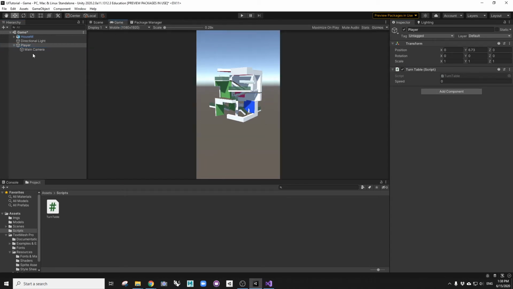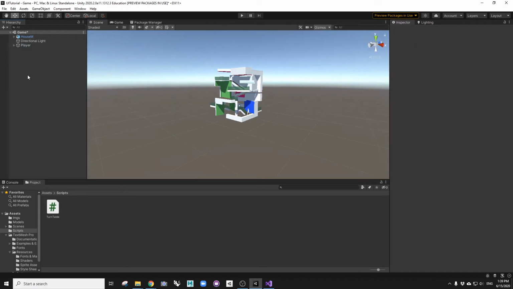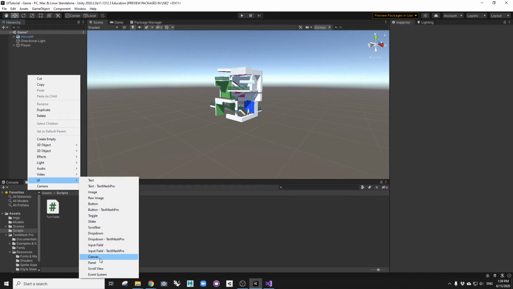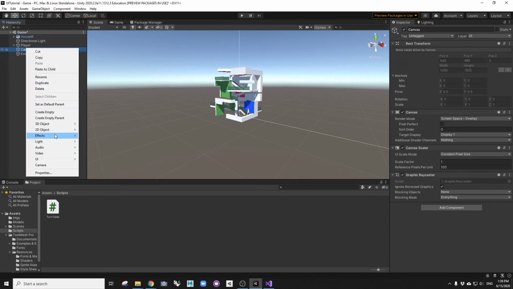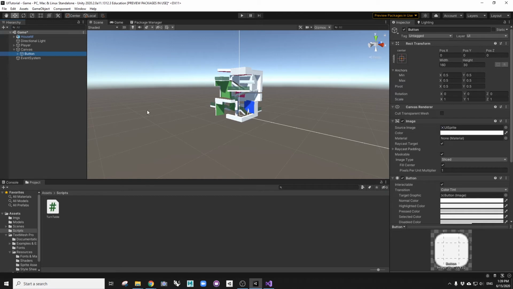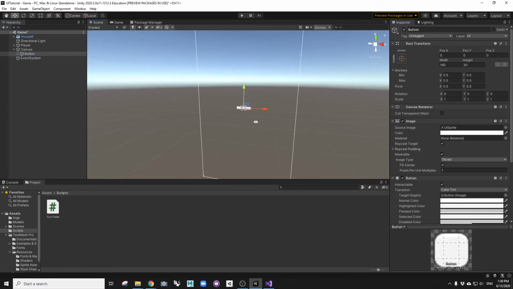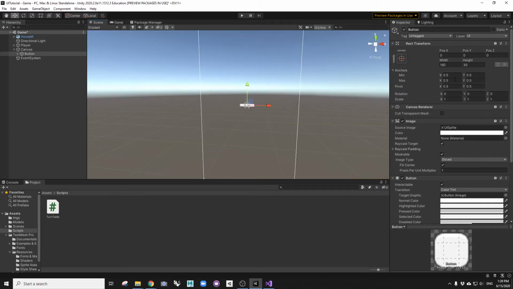Okay. And another one we need is a button that goes back to the home menu. So we are going to create a canvas like before, and under this canvas we are going to have a button similar to the previous one. Let's have a look at how it looks. Okay. So for this button, it's going to be like that. We want this to